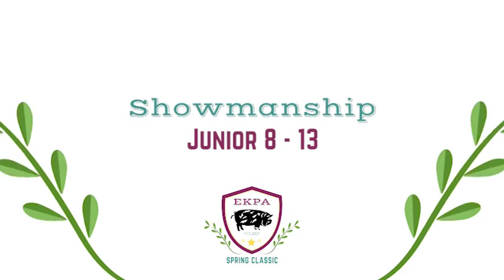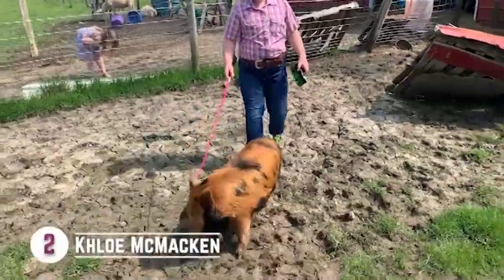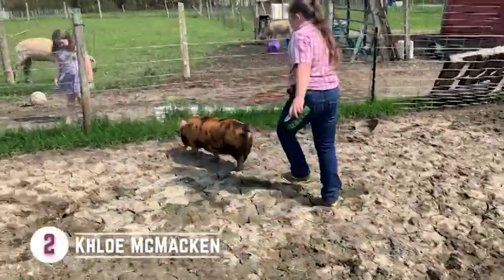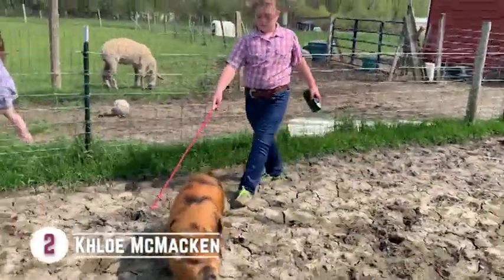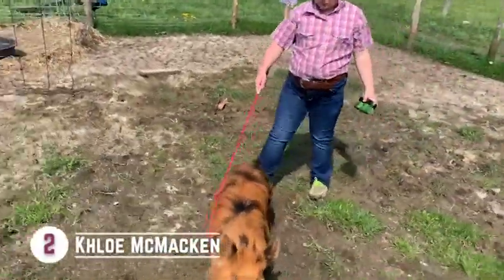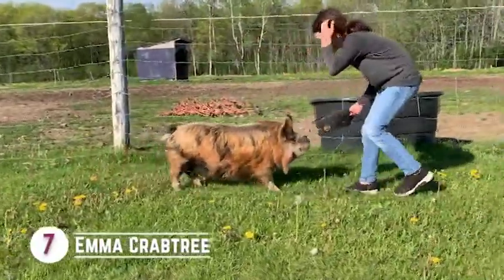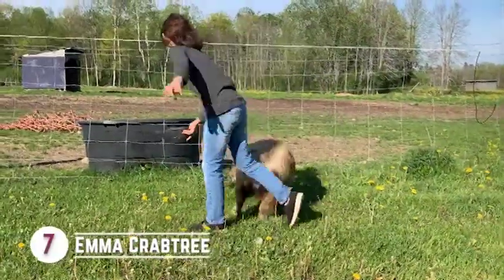In our junior showman class, we have two really well prepared entries. We're certainly going to go ahead and go with entry number 2 here to win this class, as this showman really does have a lot more control over this hog and certainly is more of a show ring type of presentation of the pig, using an appropriate mechanism like a whip, a pipe, or a cane to actually drive that pig around the pen. We appreciate the effort and the positive energy, the enthusiasm that we see from entry number